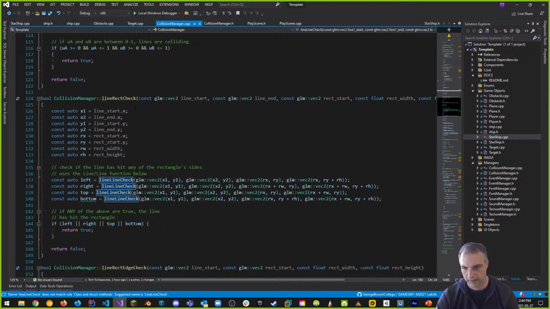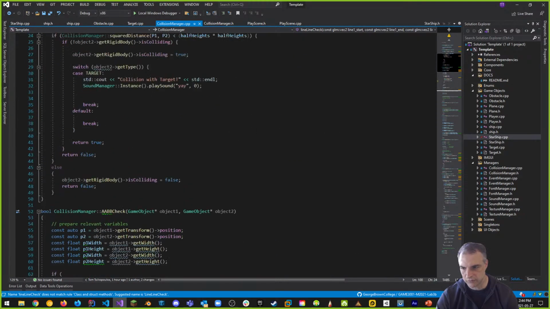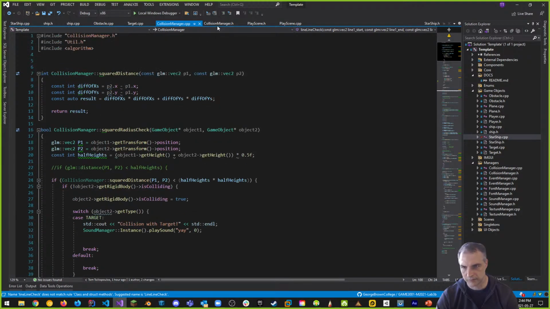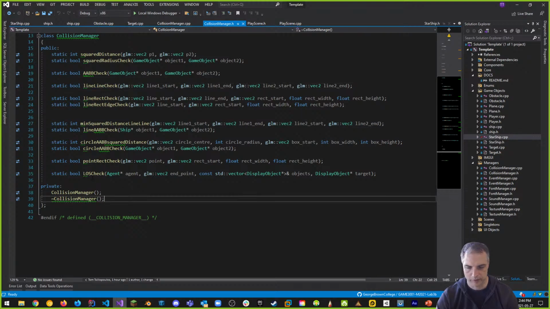And I can return true if the line collides with a rectangle. Okay, so there's lots of really good stuff here that you could use to take this further and to do some of these things. These are all collision checks that I've included for you in here. I can also do a point rect check, but this is the one we want to use, line of sight